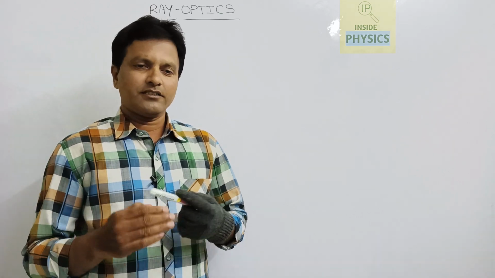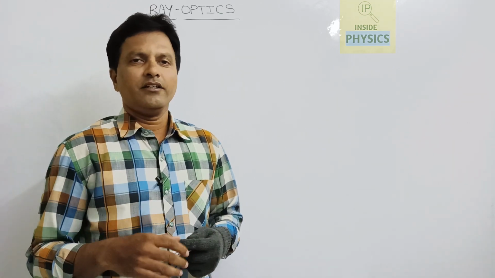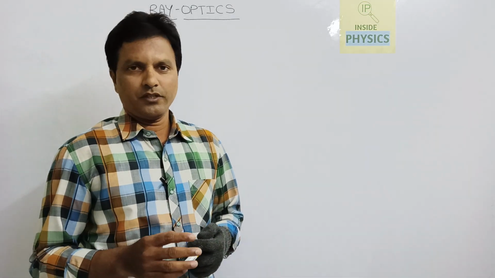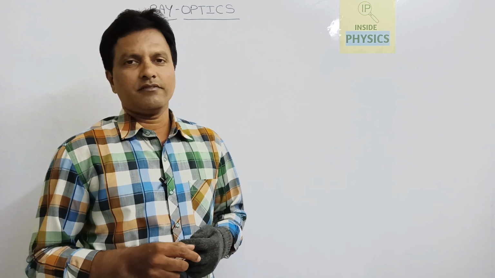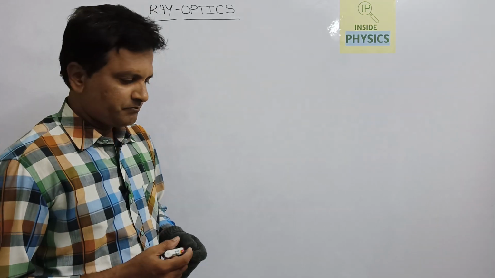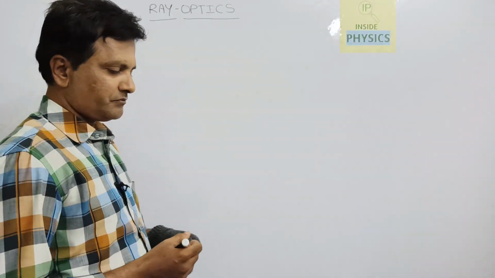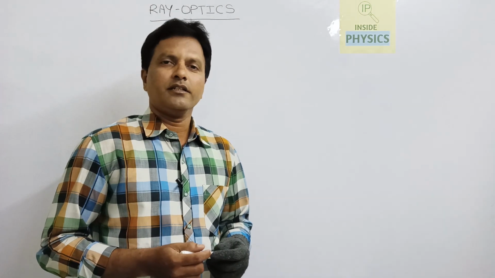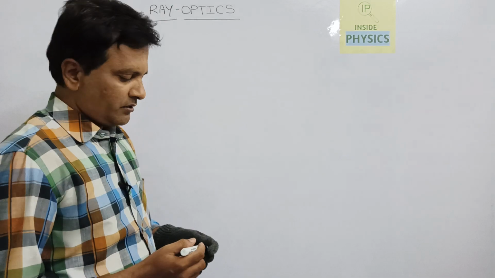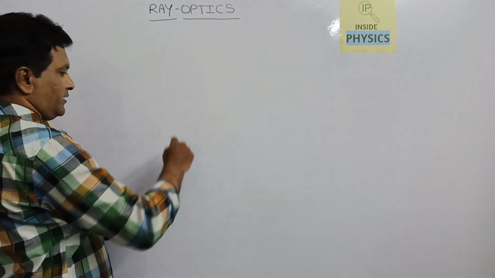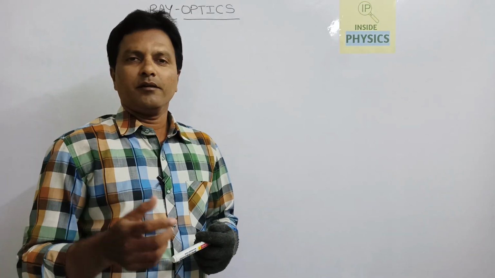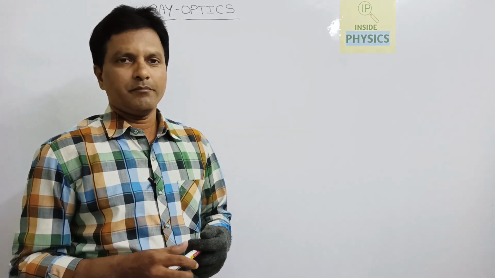Considering light as a ray, we will study the properties of its reflection and refraction through plane and curved surfaces, and curved mirrors and lenses. Here in this lesson, we only consider curved mirrors and lenses. So, here, ray optics. I will briefly introduce you to the properties of light before going to the